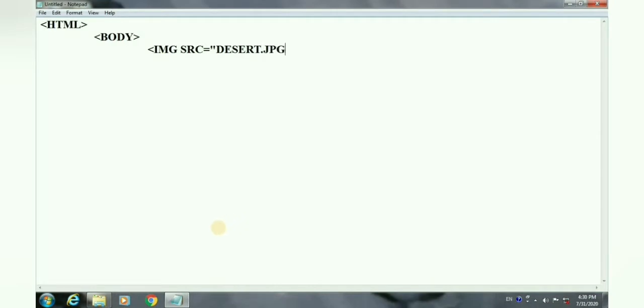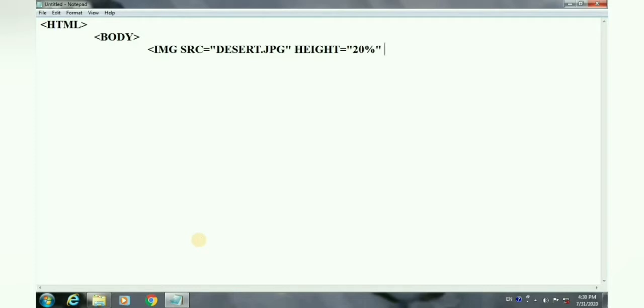jpg. Now some of the attributes are there, that is height: how tall you want to display the image on a web page. That you can set either in the form of pixels or in the form of percentage. I am setting the height here as 20%.